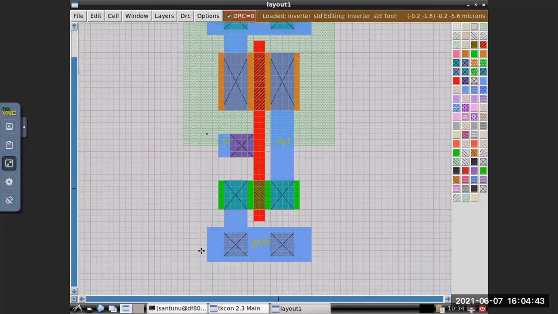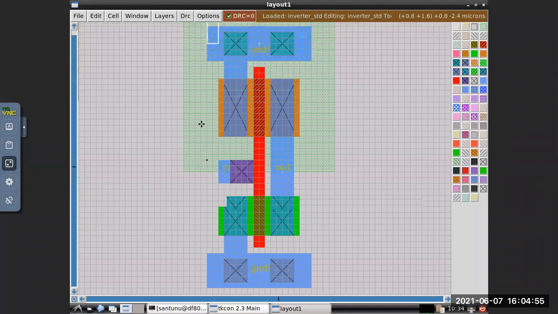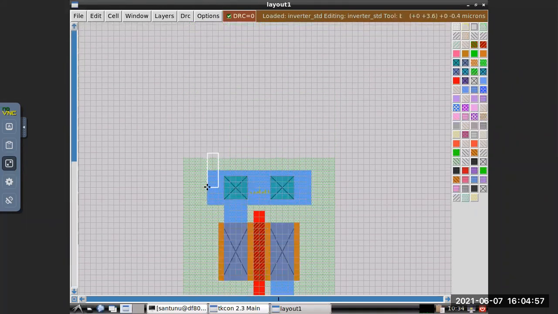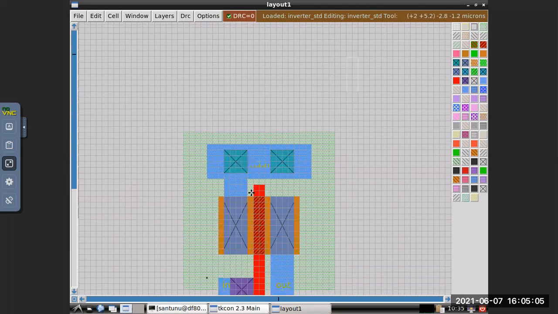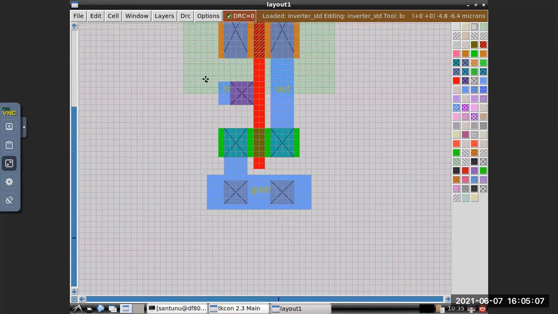Now this center is 3.8. So 4 plus 3.8 is 7.8. Yes or no? Because 0 is here, 0 is here.